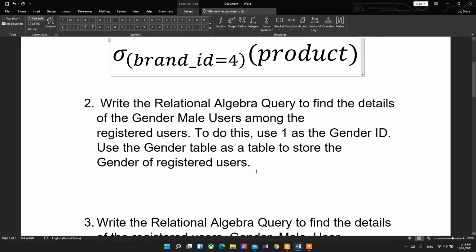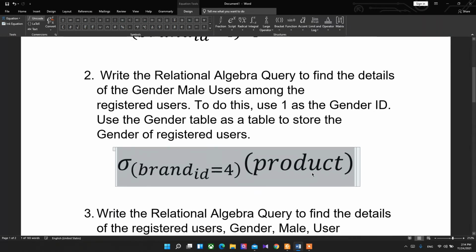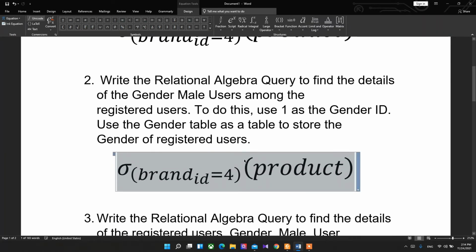And for the second one, we have to write the relational algebra query to find the details of the gender male users among the registered users. So I'm going to take this and modify it. So we have to select the gender ID.